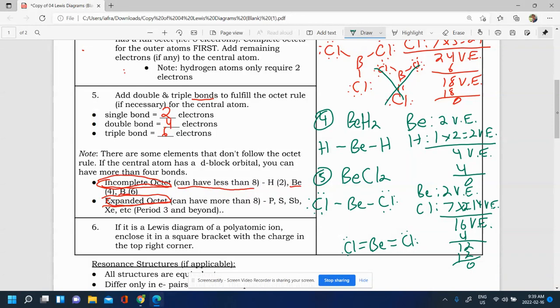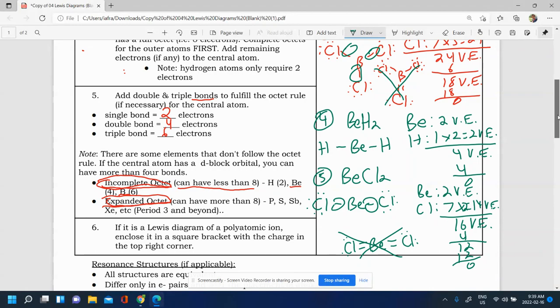But with beryllium in there, because the incomplete octet is its preferred structure, we wouldn't do this. You would leave it as just 4 electrons in the valence shell, and that's it. Boron is good with 6 electrons in the valence shell. Beryllium is good with 4 electrons in the valence shell. So 4 keeps beryllium happy, and 6 keeps boron happy. Don't try to play with it and make double bonds and triple bonds there. As long as it has beryllium 4, boron 6, and hydrogen 2, you've met their happiness conditions and they're good. So that's one of the main exceptions you'll often see